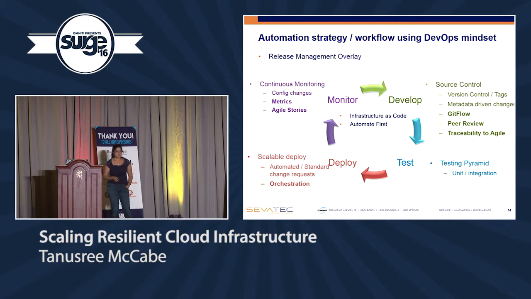So for scalable deploy, I talked about orchestration, right? So we know there's orchestration engines, but from a process perspective, if you have to scale to support multiple accounts, multiple VPCs, things like that, you need to think about how are you going to orchestrate that change. So if you take an Amazon-specific example, you have your orchestration engine running in a common area, probably called shared services or something like that. But you need to deploy to multiple accounts, and you're deploying infrastructure to multiple accounts. Maybe you have a shared security group that you're deploying to multiple accounts. So you have to think through that.